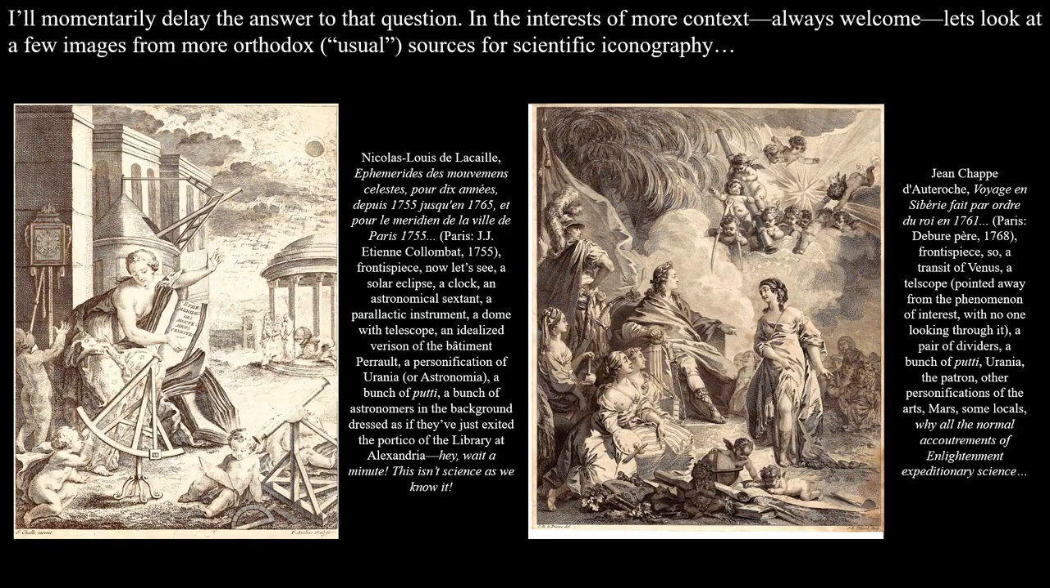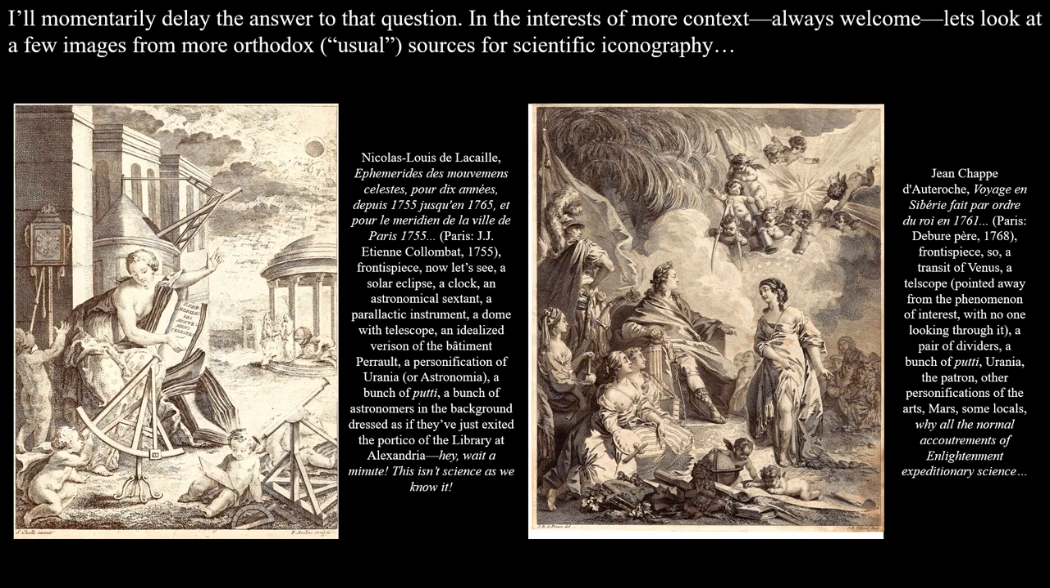Before answering that question, and in the interest of more context, which is always welcome, I think we should look at a few images of astronomical iconography from more usual places. The one on the left is from de la Caille's Ephemerides, that's his predictions. It's the frontispiece, and it shows a solar eclipse up in the top right there, the sort of thing Jay would be interested in, an astronomical sextant, a parallactic instrument, a dome with a telescope, an idealized version of the old building, the original building of the Observatoire de Paris, a personification of Urania or Astronomia, a bunch of putti, and